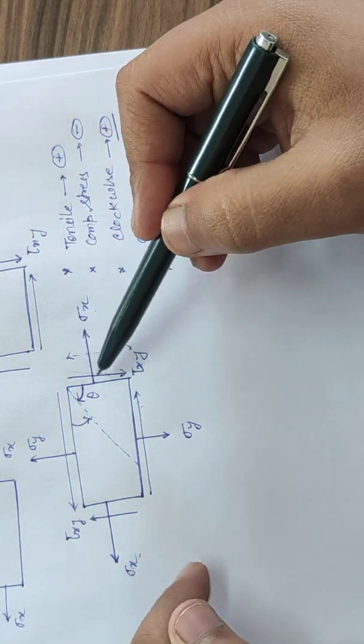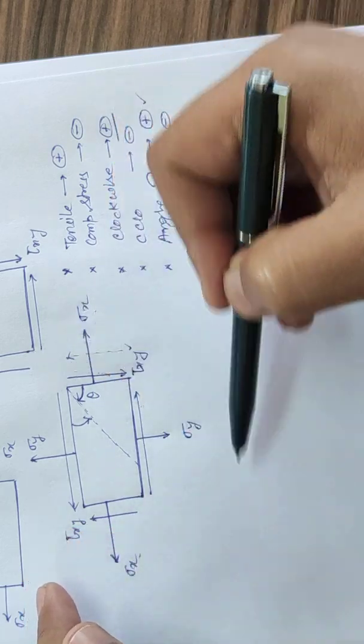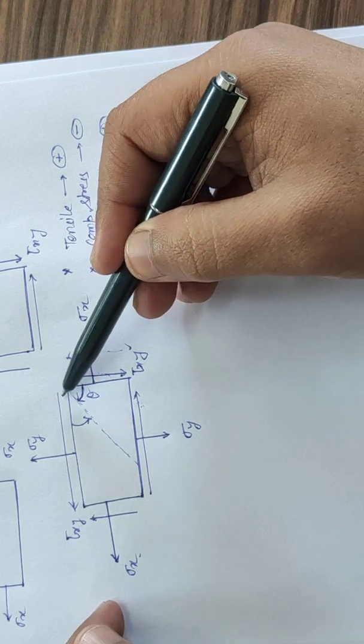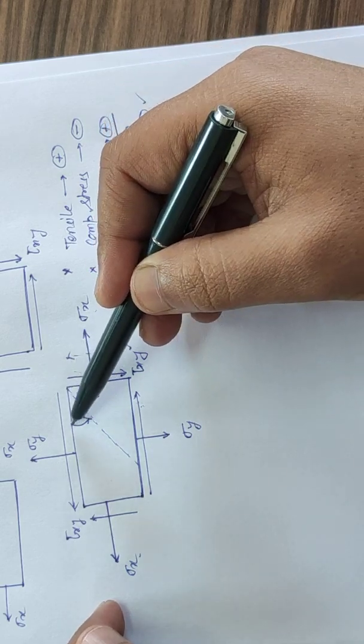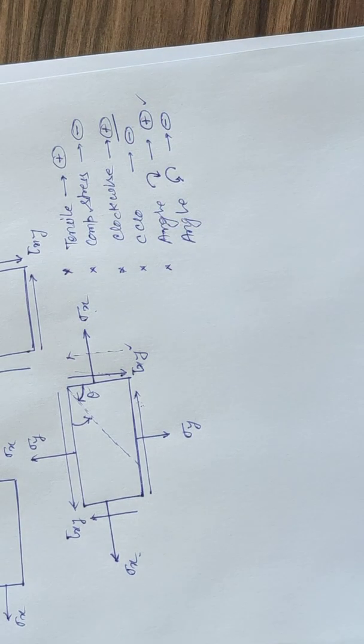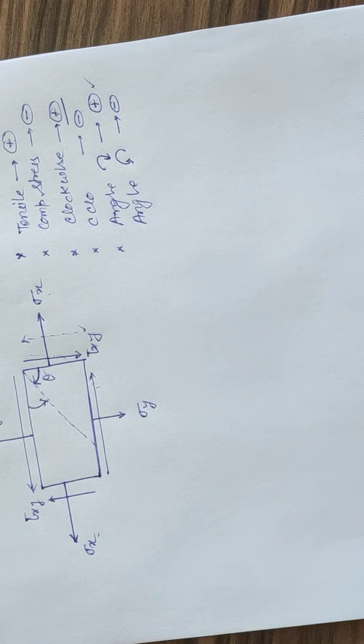Shear stresses forming a couple in the clockwise sense we will take as positive, anti-clockwise we will take negative. Angle measured in the clockwise sense we will take positive, and in the anti-clockwise direction we will take as negative. So now we are taking a case